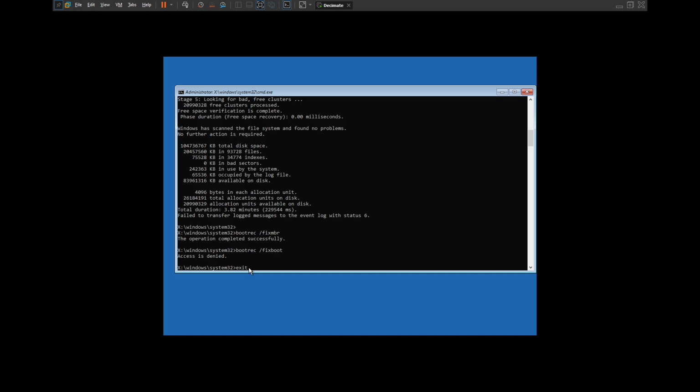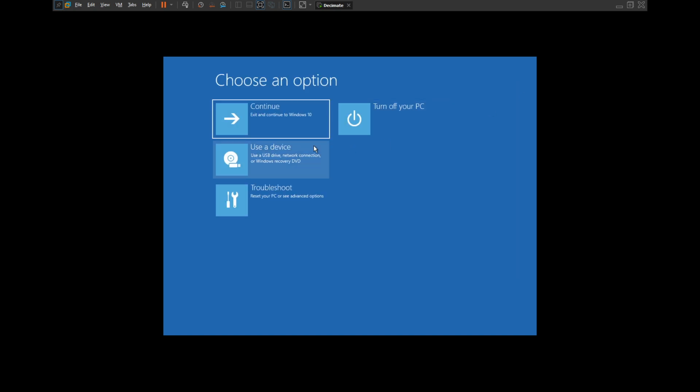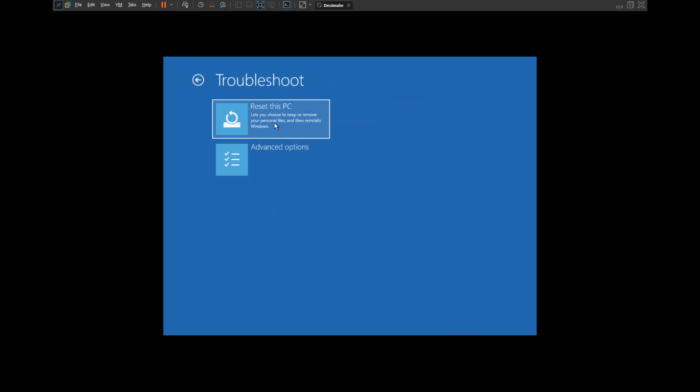Now if you reboot the system and it still didn't work, you can also go back to the same menu here and click troubleshoot, and then instead you can reset the PC if you don't have anything to lose. And if you do have files that you want to keep, the second solution is to